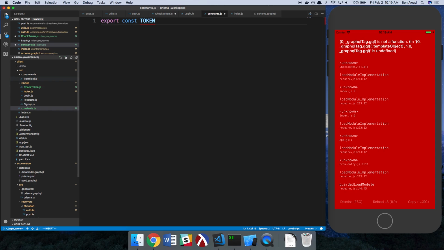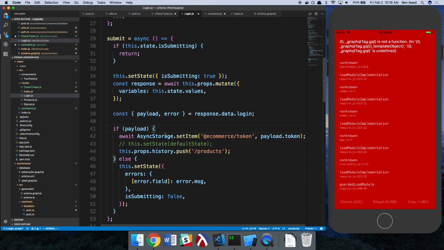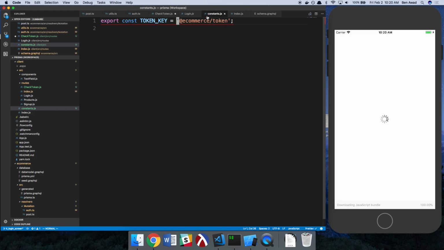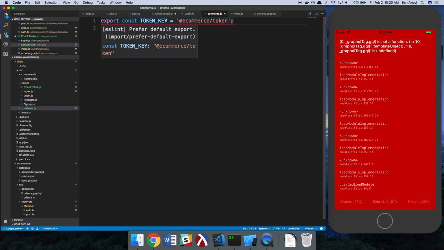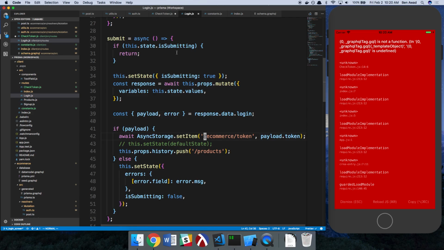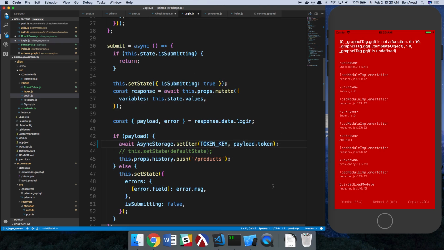We can just call this token key, and I'm going to copy it, and then we're just going to use this variable. It doesn't like it because we only have one thing in here and we're exporting const, but we're going to just leave it there for now because we might add more constant things later. So now here what I want to do is use token key,